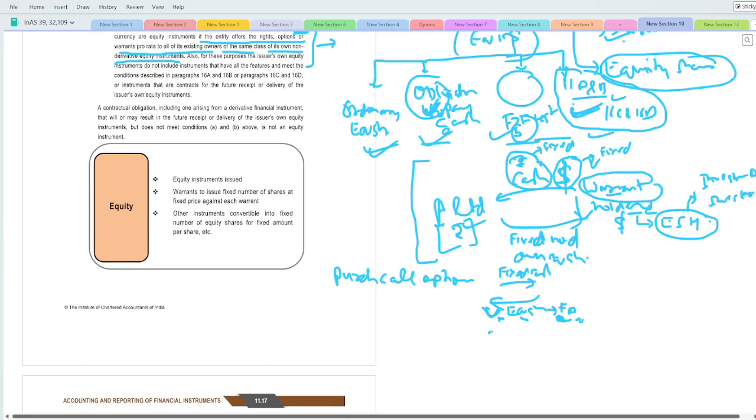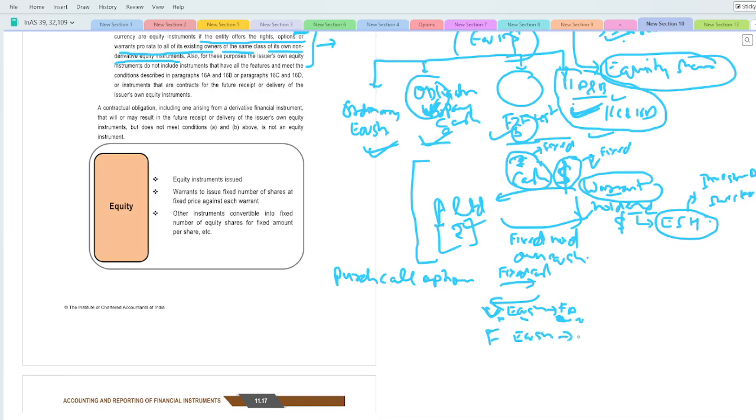ठीक है. ये अगर फिक्स्ड इक्विटी शेयर्स वाले लेग में हो रहा है तो फिर ये इक्विटी इंस्ट्रूमेंट बन जाएगा. सिमिलरली